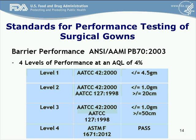Presented on this slide are the 4 performance levels according to ANSI/AAMI PB70. The level a gown obtains is determined by its ability to resist fluid penetration under the conditions described in the table presented on this page. Level 1 and Level 2 liquid barrier performance claims are considered minimal or low levels of performance. Conversely, Level 3 and Level 4 are considered to provide moderate or high levels of protection. To reiterate, isolation gowns making moderate or high level liquid barrier claims are defined as surgical isolation gowns and should